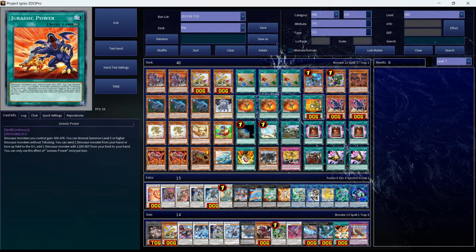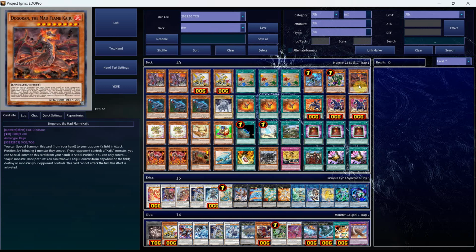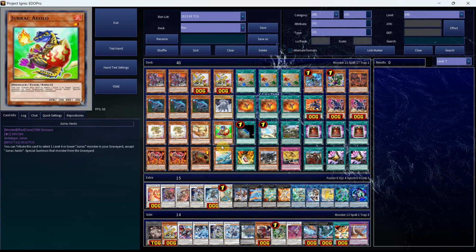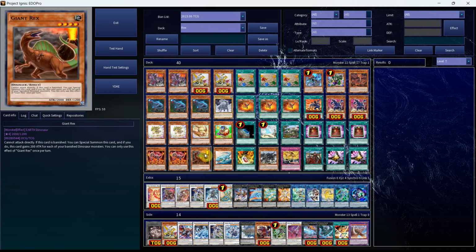You can also send one dinosaur monster from your hand or face up field to the graveyard as a cost, and add one dinosaur monster with 1200 defense from your deck to your hand. You can only use this effect of Jurassic Power once per turn. And the 1200 defense is interesting because this happens to search a good amount of your going second cards, where there's stuff like the Dogeron, there's stuff like the King Rex, which is a free special summon basically if you're going second and your opponent has a body on board while you have nothing. There's even stuff like the Giant Rex that you can search, which you can end up banishing off of Pill,